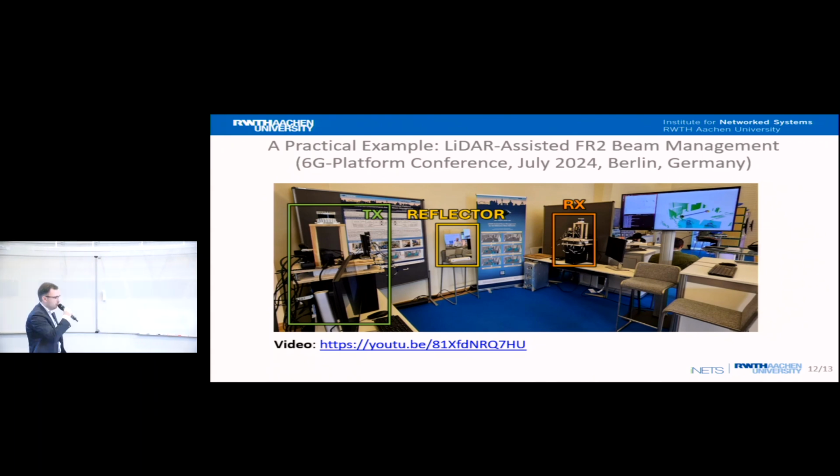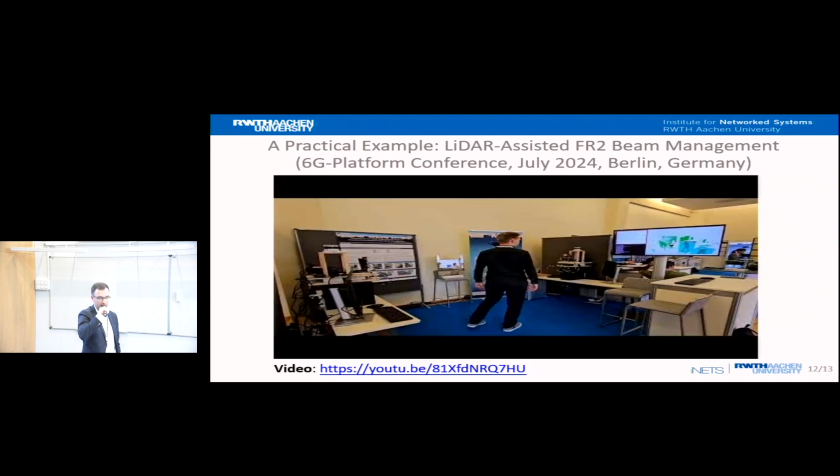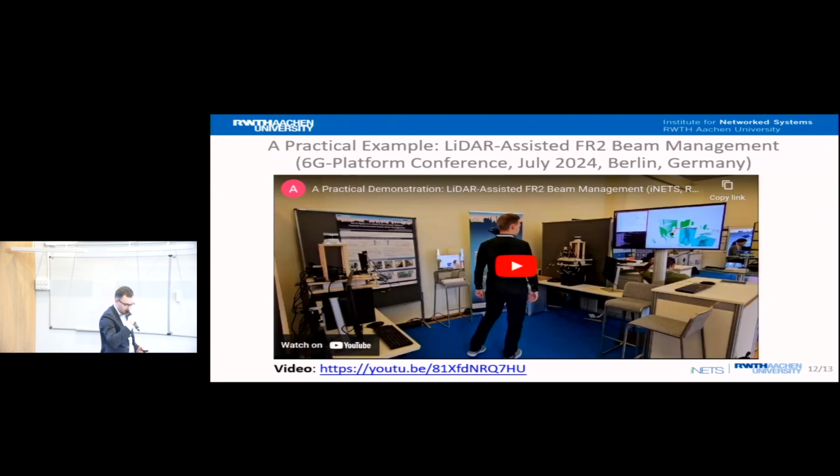What is important to look at maybe is this TV on the right-hand side from the RX, where you can actually see the live image from the LiDAR, with the detected objects coming from the LiDAR as bounding boxes around the people. In particular, at the moment you see this blue line connecting the TX and RX. That means there is a running line of sight link, and as soon as a person walks into the safe zone, potentially blocking the link, it will switch to a known backup link.